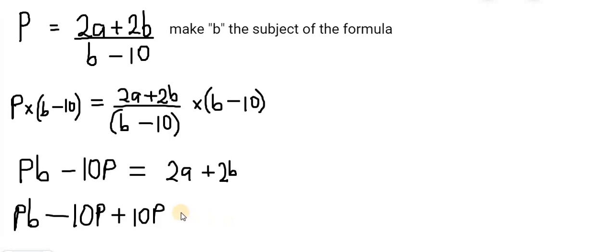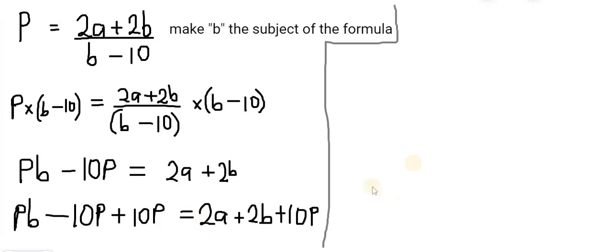Now, because I have done that to the left, I'm going to do that to the right. Okay. Now, on the left, minus 10p plus 10p is 0, so they get rid of each other, and I only have pb is equal to,